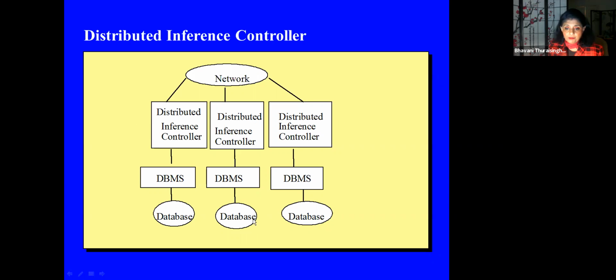So for example, you have some medical records here and some other information, but if you can put it together, then you can identify, like maybe some address information. So if you can connect all this, you can identify the person, which you don't want, right? So that's what the distributed inference controllers will look at: information across the sites, and decide whether any unauthorized information is being inferred because the data is distributed.